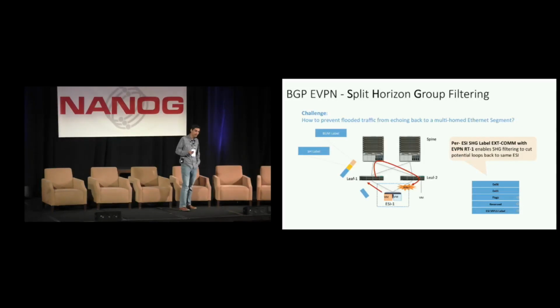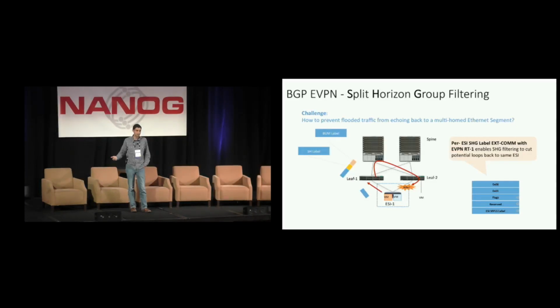For example, here, an ESI that is multi-homed to leaf 1 and leaf 2 would have allocated an ESI label, or a split horizon group label, for ESI 1 and advertised that label to leaf 1. Now, leaf 1, when it receives a multi-destination packet that it has to flood on the fabric on ESI 1, will impose this extra label, or this additional split horizon group label, on the packet when it replicates the